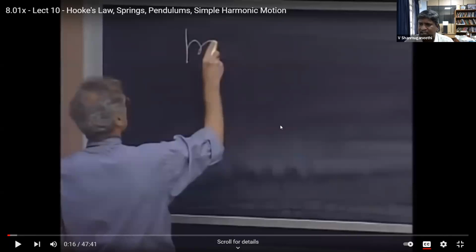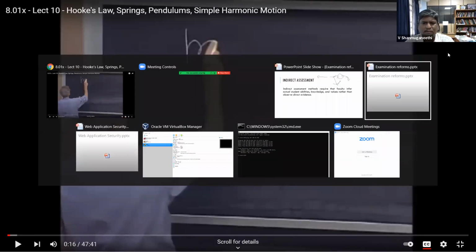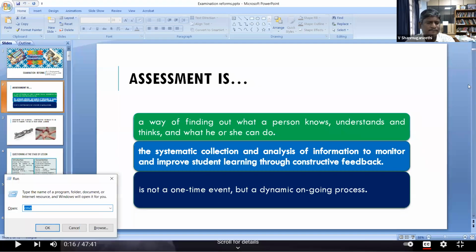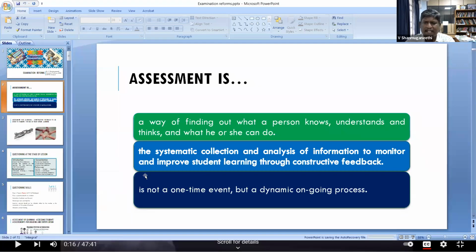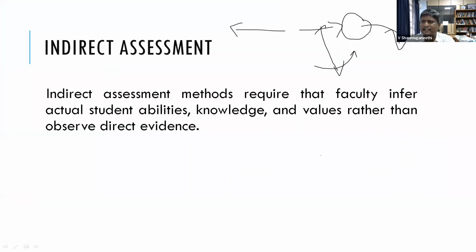You just see, he's explaining simple harmonic motion. Maybe I will ask you a question. One question to you, whether I have a notepad. Okay, right. Maybe I will take this slide, the last slide which we have practiced. Right, this is the slide. A participant can answer my question. Right. This is the point.